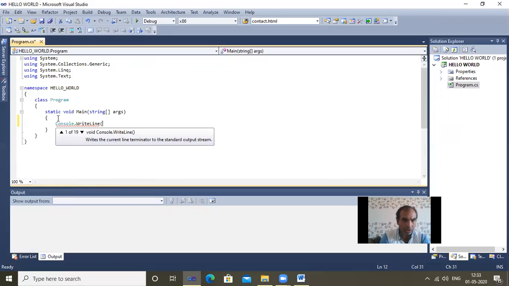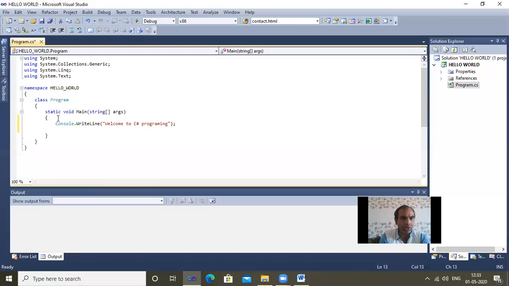Then click on the, sorry, it is a method. So open bracket, in the quotes we can write welcome to C# programming. Okay. Then semicolon. Each and every statement closes with a semicolon, same like C++. If you want to give any comment, we can use slash, then star, and we